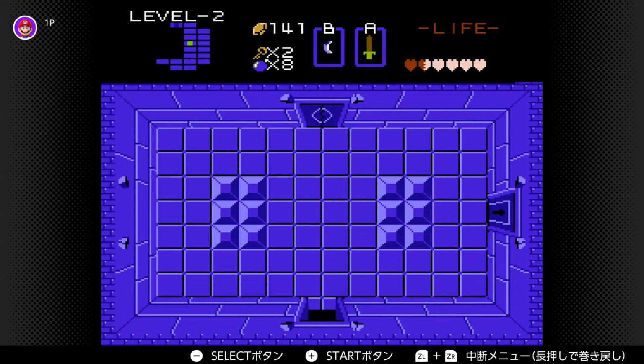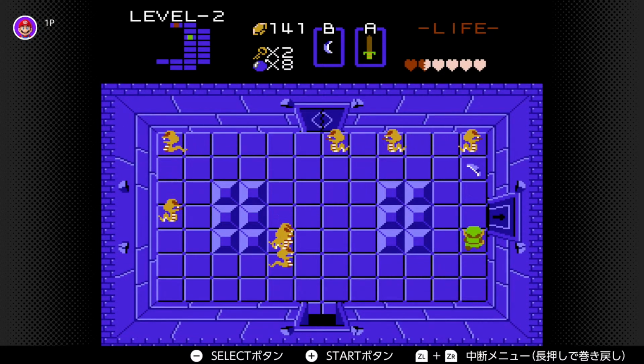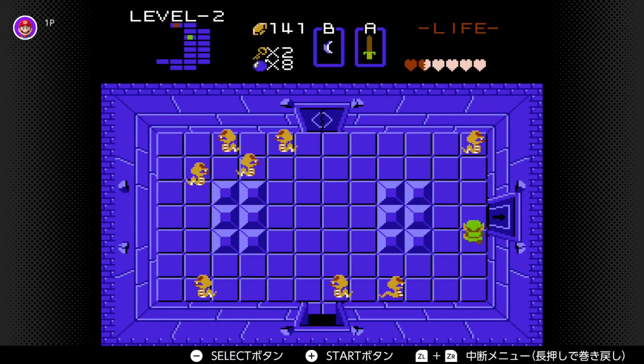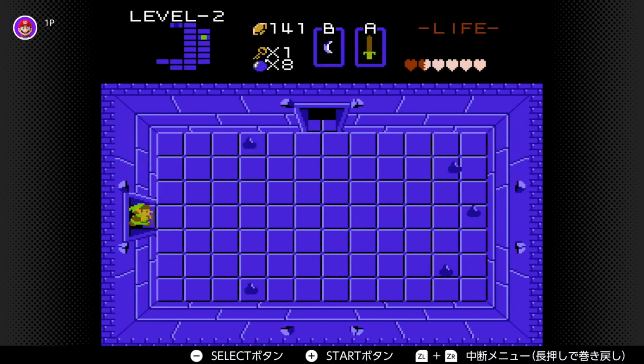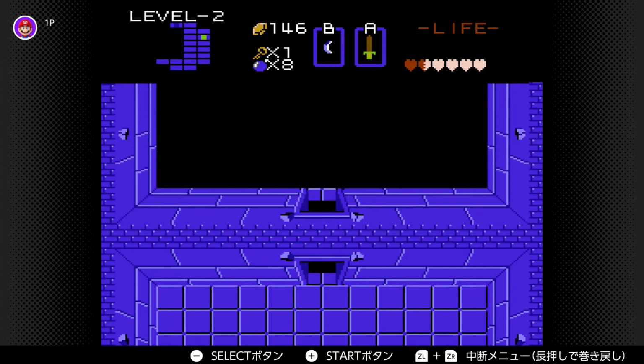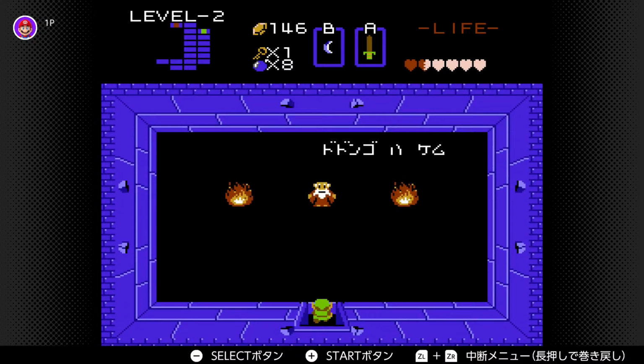Then, to the right here. Okay. And this is actually the way to go to the top, to that top room. By defeating everyone, get some 5 rupees. Nice. And so we meet this old man,